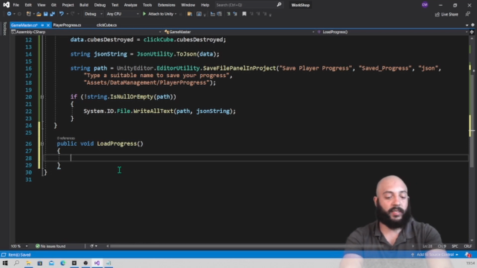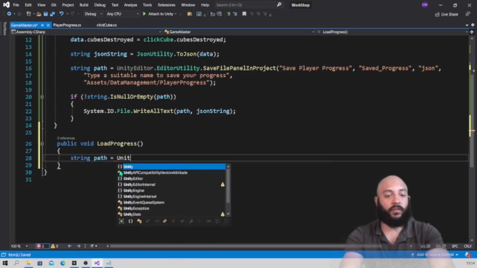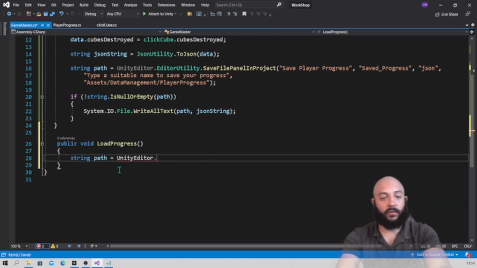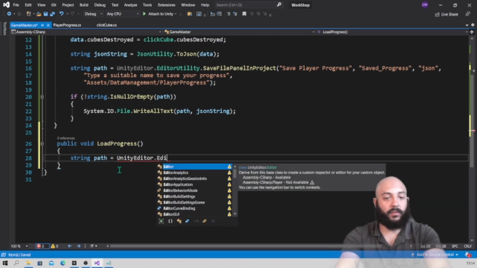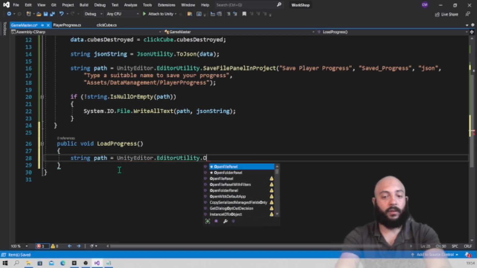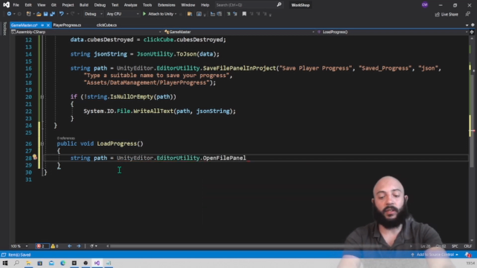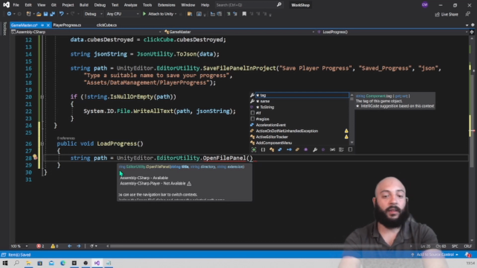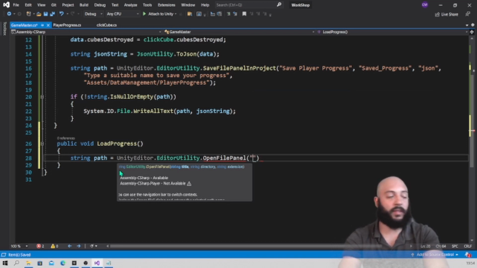So we could say string path, so we're actually going to access the path, equals Unity editor dot editor utility dot open file panel. So we want to go back and see if we can find the file that we saved, and then we're going to say